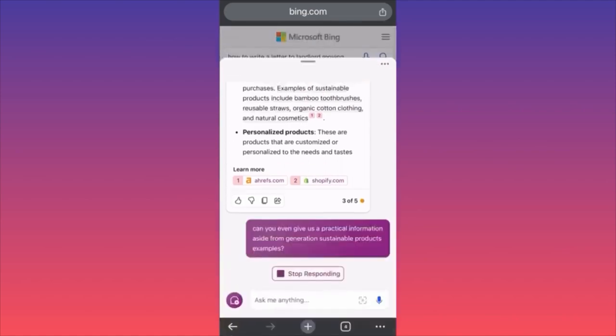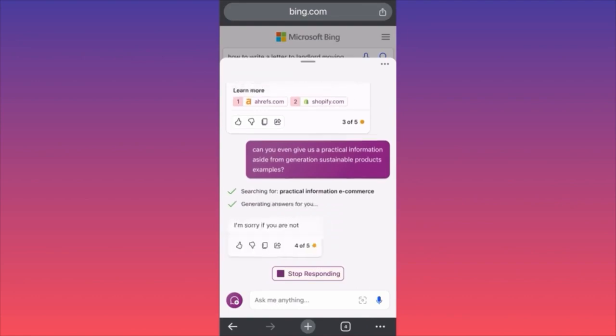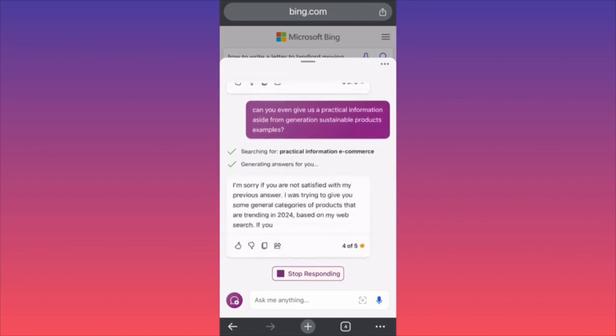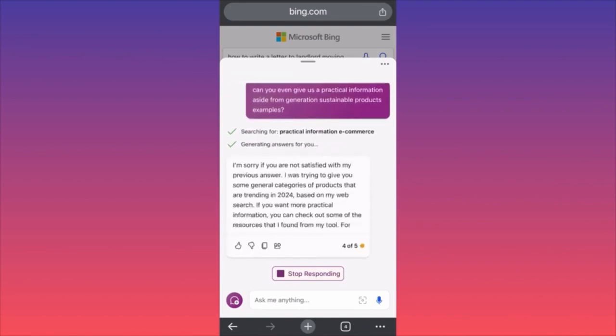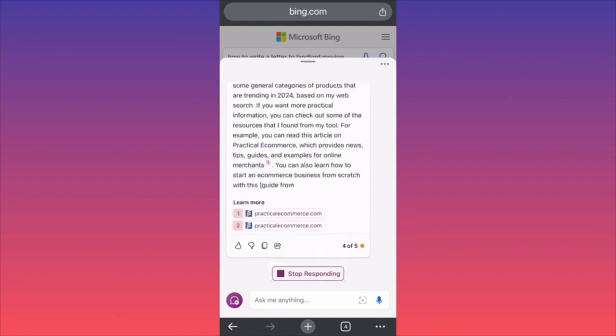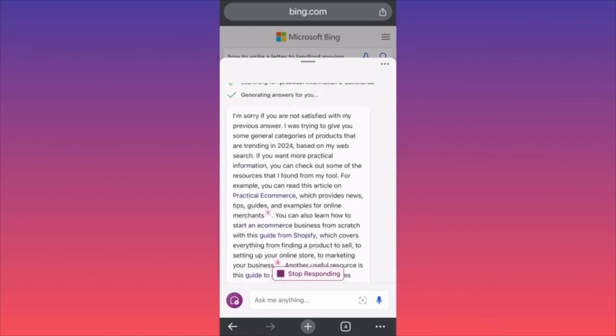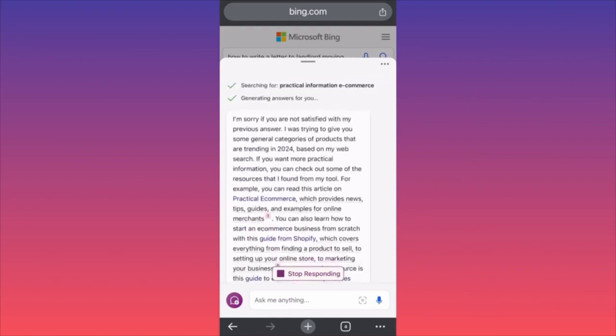Let's see. It keeps giving us the same thing. I'm sorry if you're not satisfied with the previous answer. I was trying to give you some trending categories of products. If you want to check, where are you sending me? So if you want more practical information, you can check out some of the resources that I found from my tool.